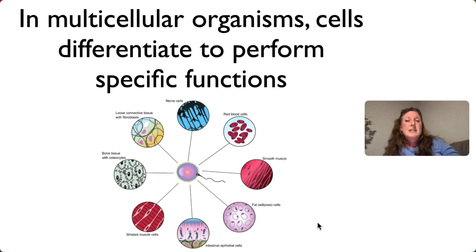However, in multicellular organisms, our cells multiply and become specialized, which we call differentiation. So when sperm and egg first fuse together, they form a generic cell called the zygote, and that cell multiplies and forms lots of copies of itself. Some of those copies become specialized to become red blood cells. Some become neurons, connective tissue, muscle, epithelial tissue, fat. Each one of these